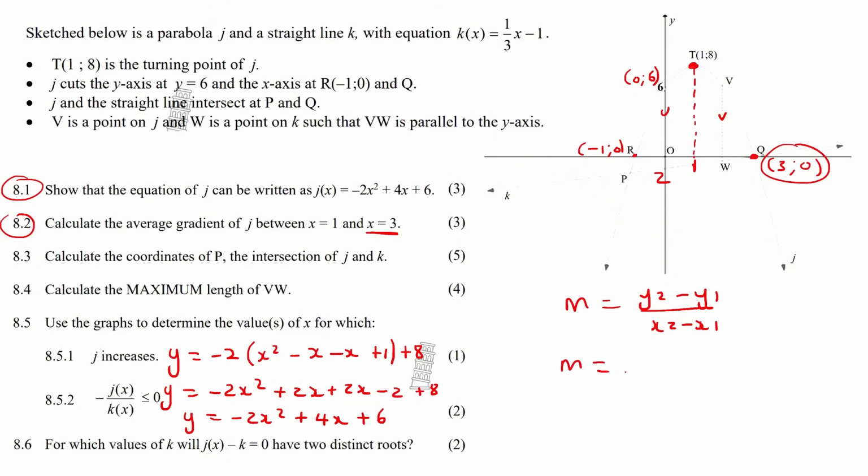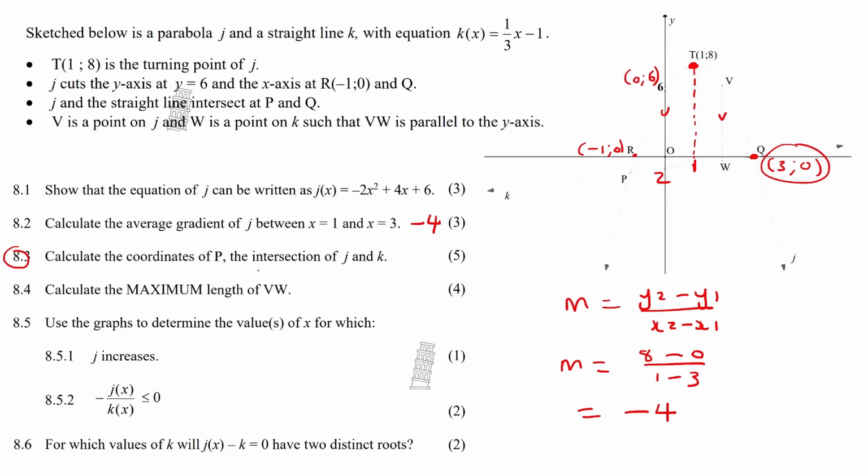All right, so let's work it out. 8 minus 0, and then 1 minus 3, and that's going to eventually give us minus 4. So the gradient will be minus 4. This one says, calculate the coordinates of P, which is the place where the two equations intersect. Guys, that's easy marks. I've never really encountered a lot of students who don't know what to do for these